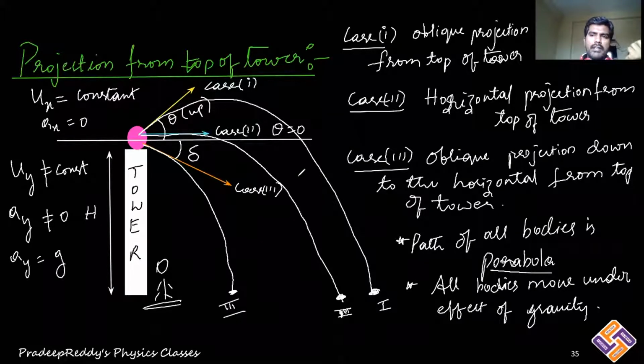Just like we have seen in oblique projection, ground to ground projection, even in that case we learned the same thing. As there is no acceleration along x-axis, velocities along x-axis, or the components resolved along x-axis, will remain the same, but velocities along y direction will vary. When it is going up, component magnitude decreases. When it is coming down, component magnitude increases with respect to time.